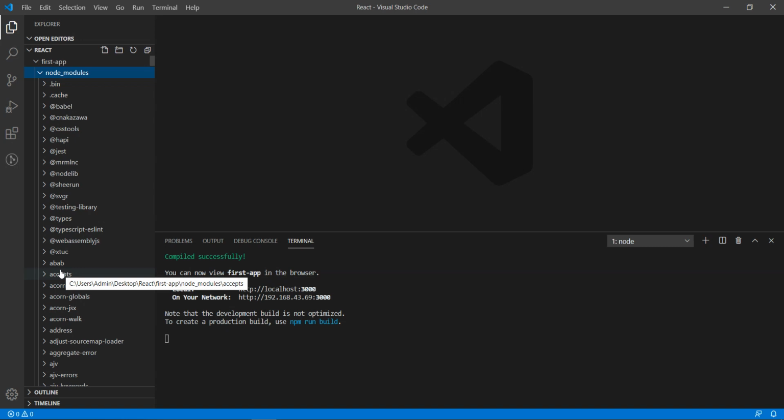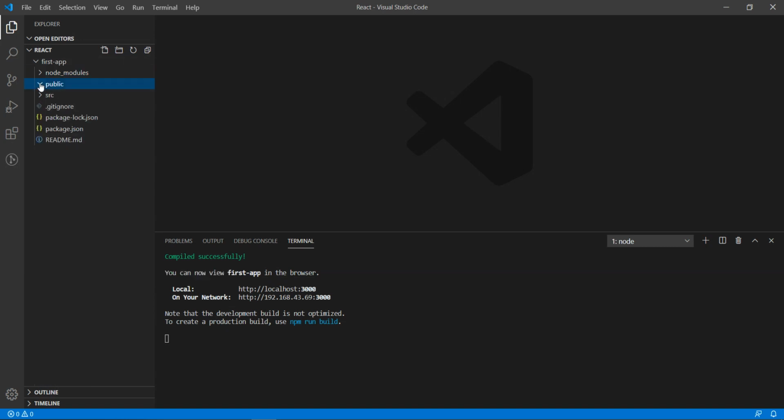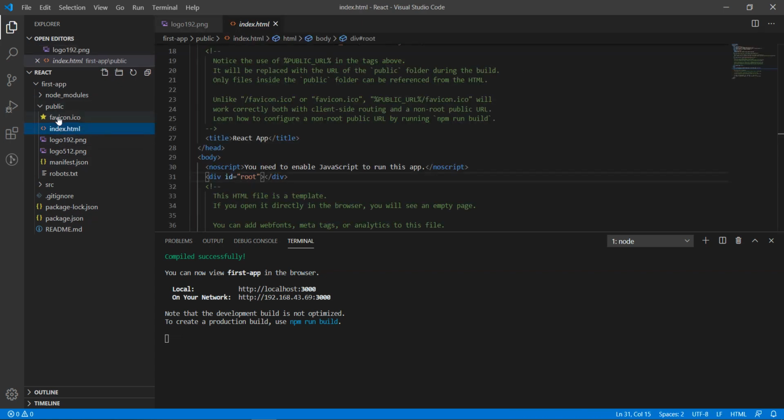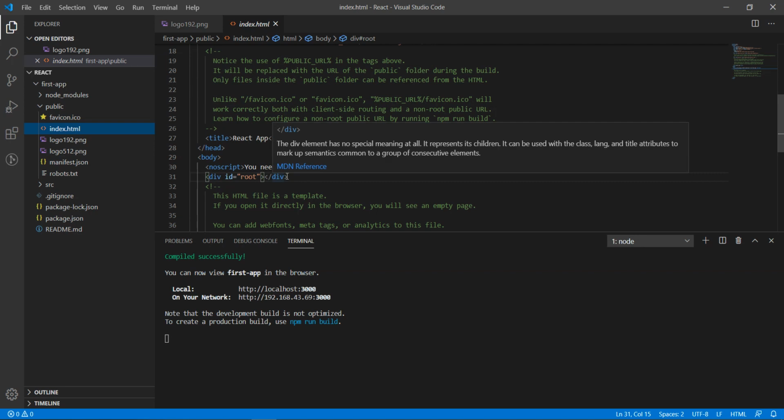Now let's check out the public folder. The public folder contains index.html and the other assets of the project. If you look into index.html, you can see the root div element in which our React app will be rendered.